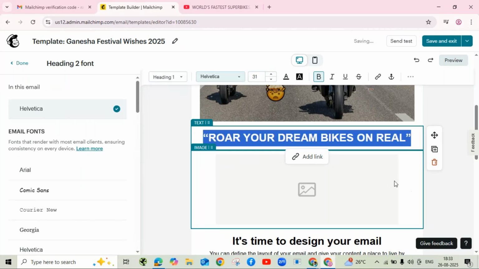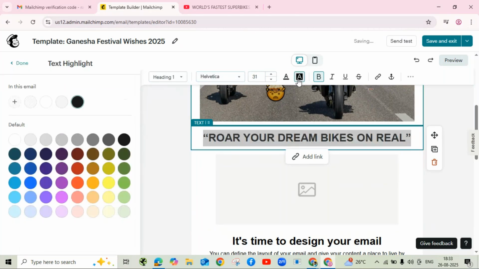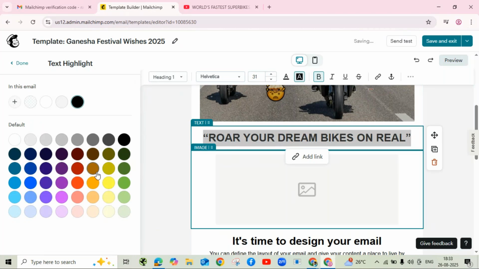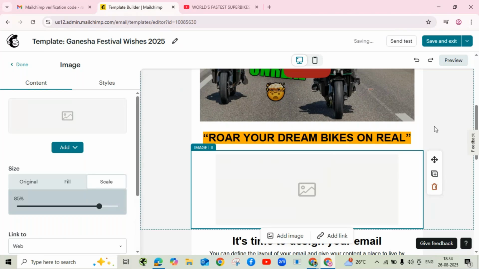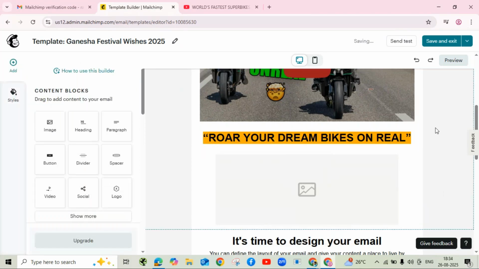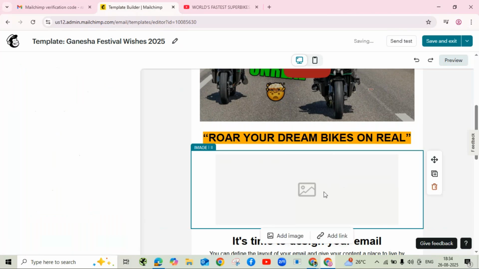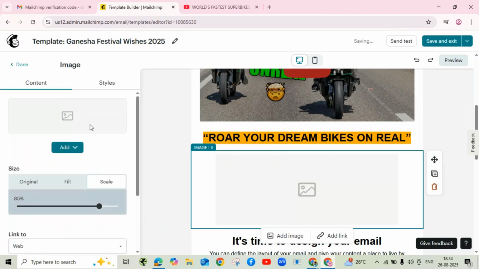Okay, and also you can change the color of it. And if you want to add the image of your product,